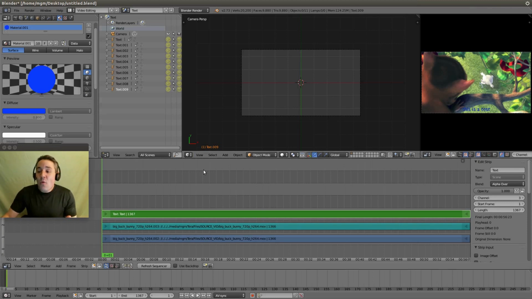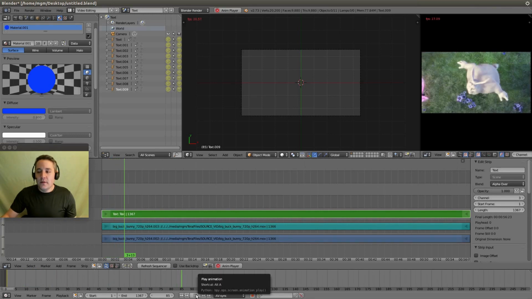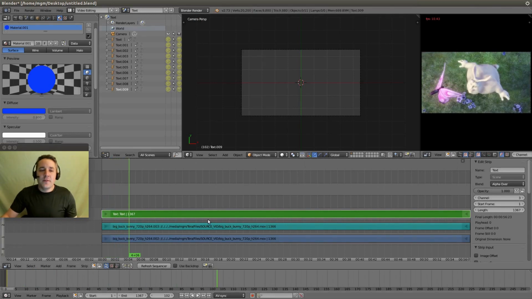Okay, so now what do we want to do? Well, if we're doing subtitles, we want to find the points in the movie that we want to lay the subtitles into the preview. So let's just hit the play button, and I'm going to hit the refresh sequencer button, and you notice it disappeared from over here. Hit play, and let's say that I want it to start here. So I want to have my first